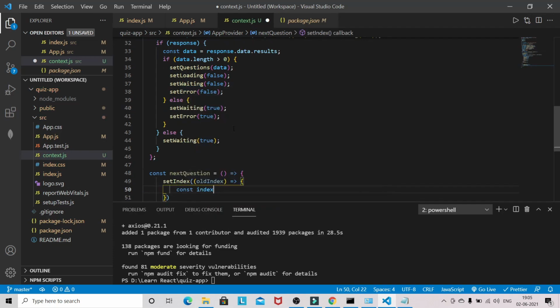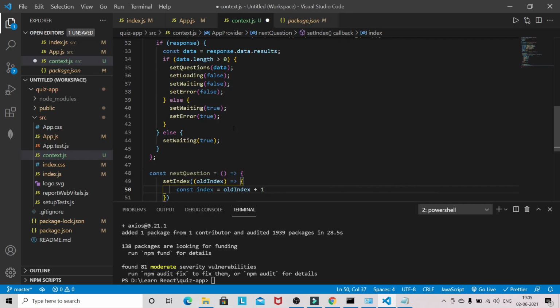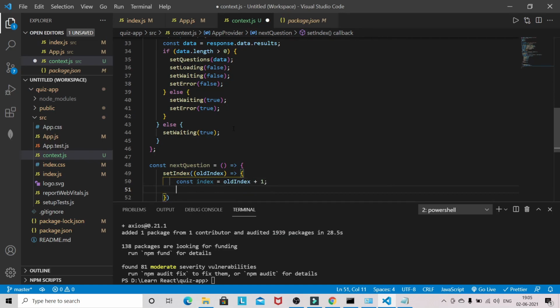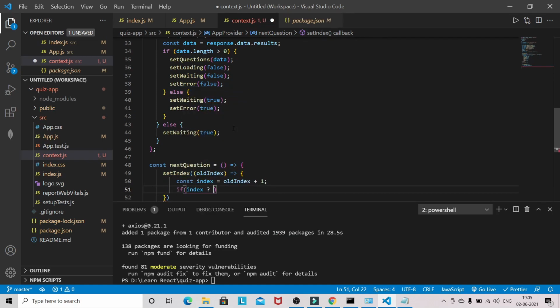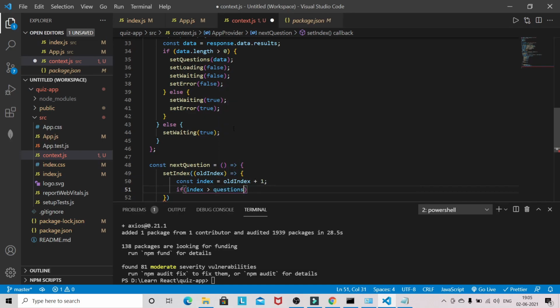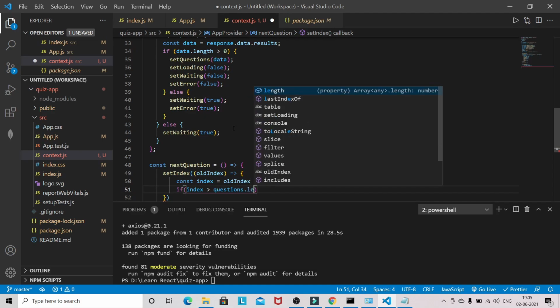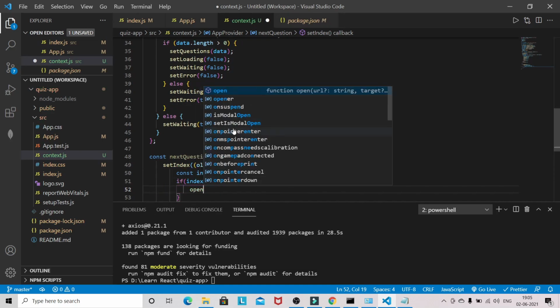Const index, oldIndex plus 1, if index is questions.length minus 1, then openModal.